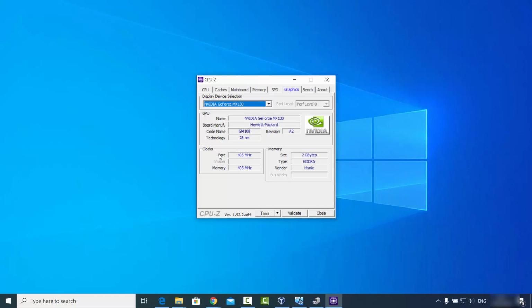You can see under clocks, I have core 405 megahertz, and the memory size is 2 GB for my Nvidia graphics card. This software is going to give you more information about your graphics card here under this section. So this is how you can find out the graphics card you have on your